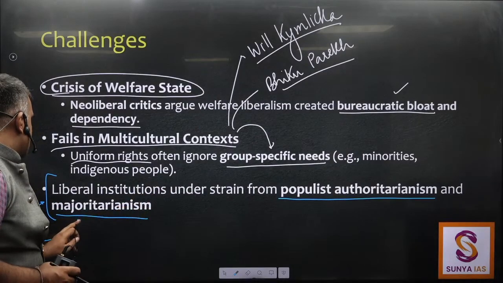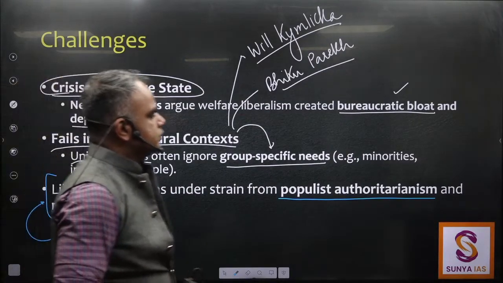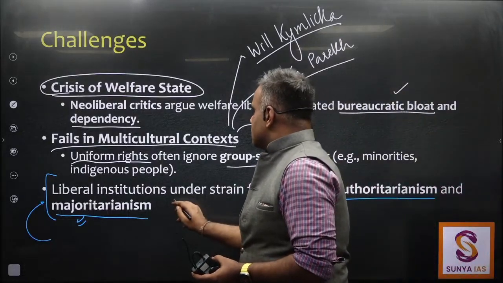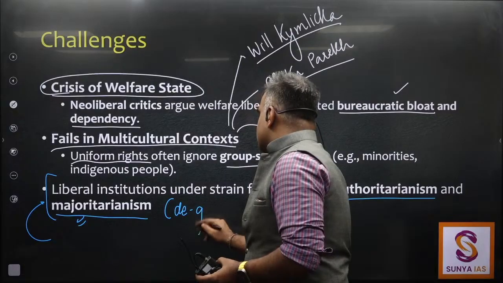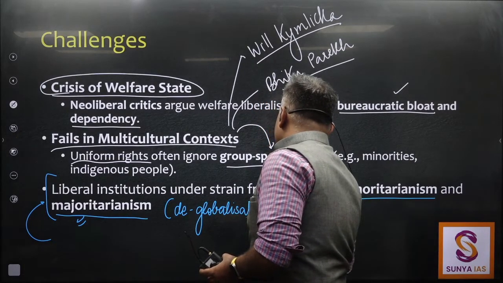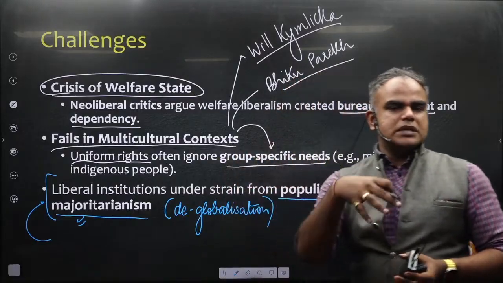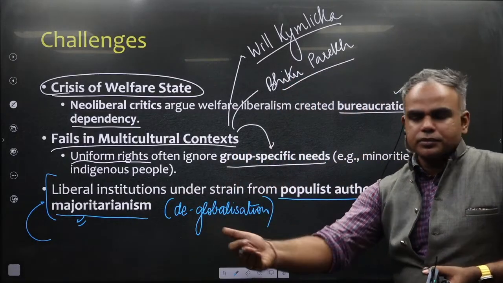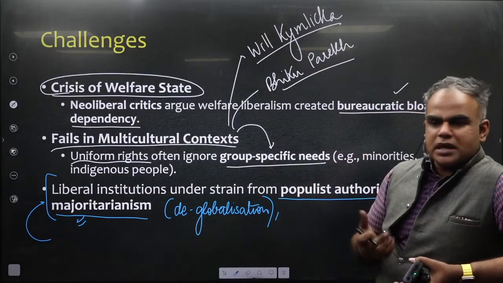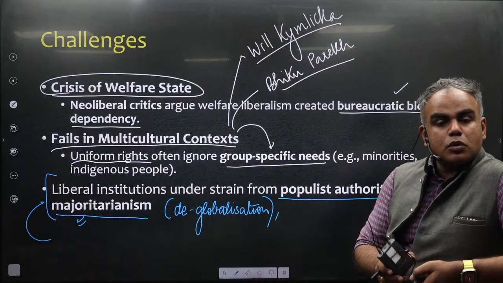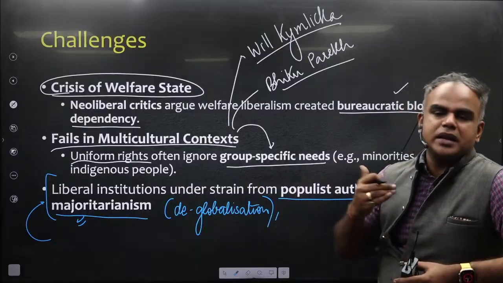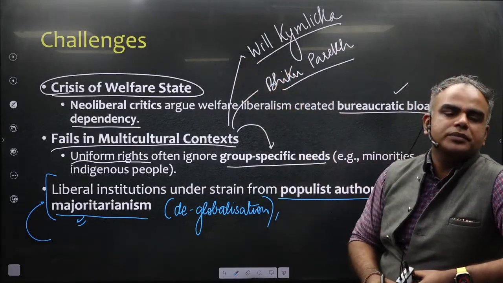And you would have majoritarianism. With this, you can also link, for example, even deglobalization. Remember, in 2024, a question was there. Deglobalization is leading to a retreat of globalization. This is the economic viewpoint. You can also think from xenophobia, anti-immigration will come in there. So the values which liberal democracy actually stood for are retreating, which is again a challenge to this only.